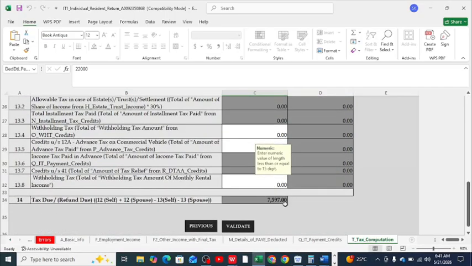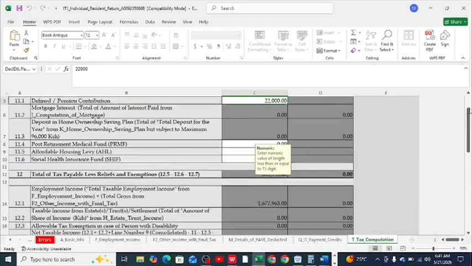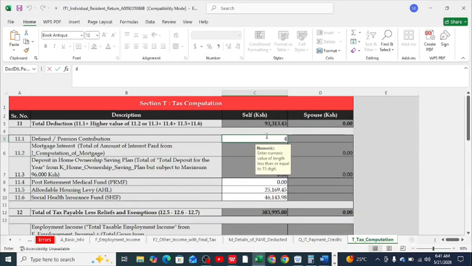So this means that you owe KRA 7,597. This is tax which is payable, or tax due to the revenue authority. The relationship between you and KRA is that they usually treat you as a debtor. So this is the debit entry, since KRA treats you as an asset. This is the debit entry, and therefore it will increase your tax liability since it will be on the debit side. But when you put a figure like 46,000,